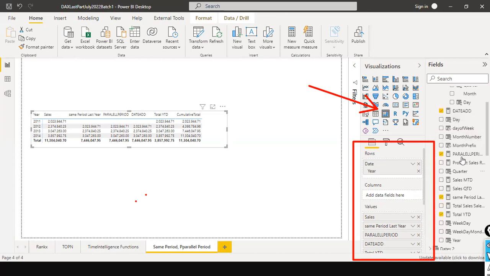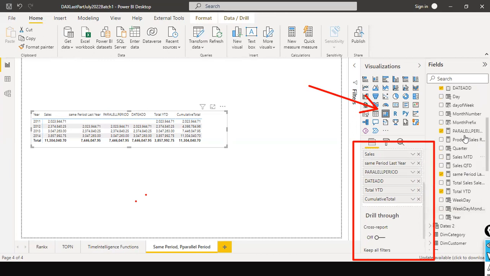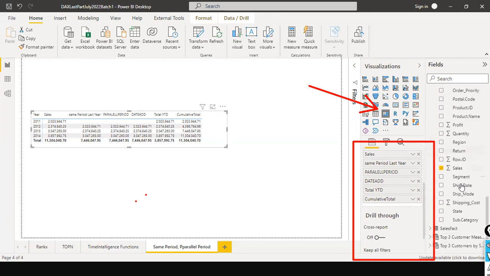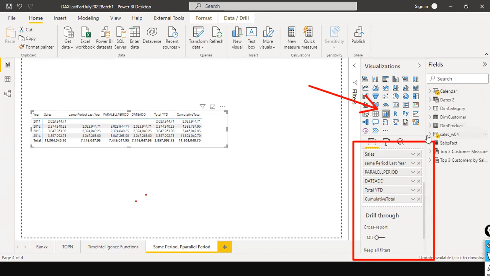DateAdd I have also used. Parallel period, same period, total YTD, all these things I used. All the ticked columns are used in this visual. That is what you can understand from it. Hope it helps you to understand how to find out. Supposing you want to see parallel period and DateAdd,